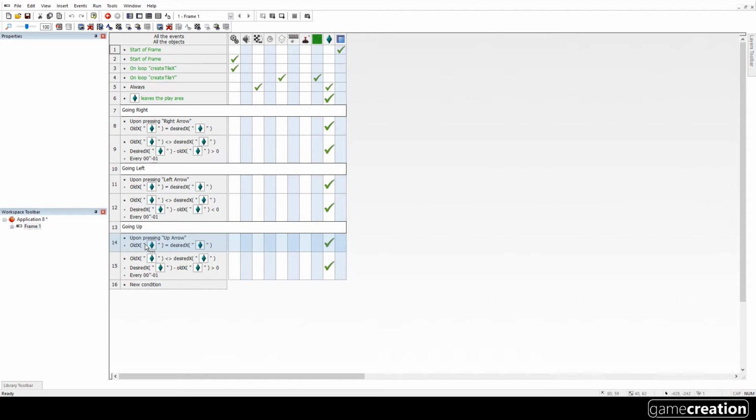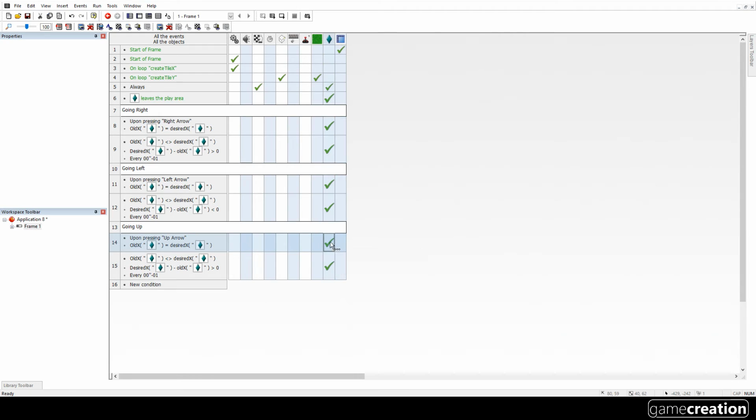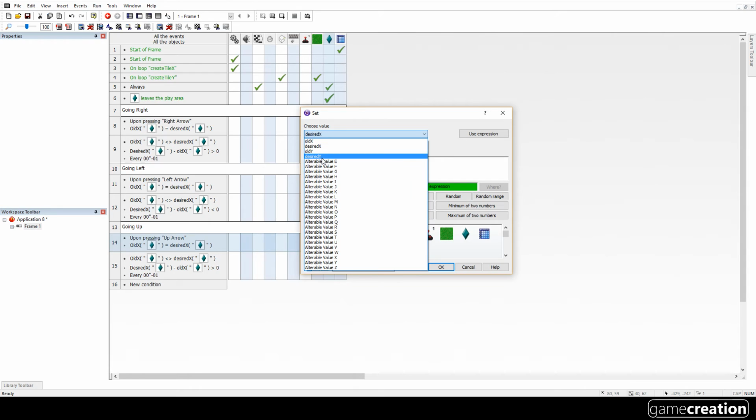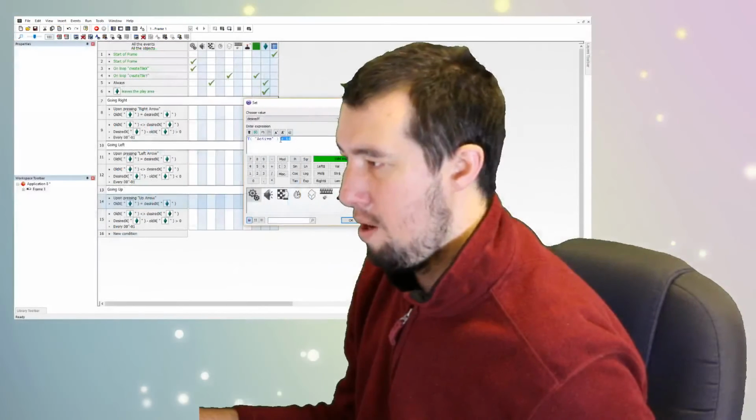So this time I'm going to leave that in at the second, so I'm going to ignore that. However, we want to set old Y, and I'm just going to change that to the Y position of the active. And I want to change the desired Y to the Y. Now, you might think that this makes sense here, and this is something that's really important about